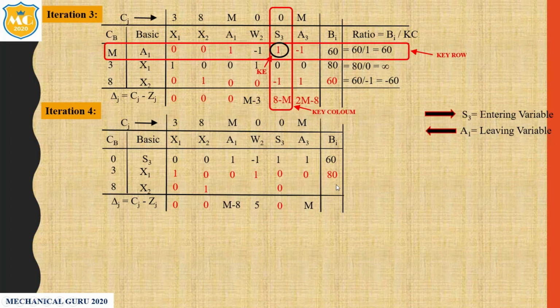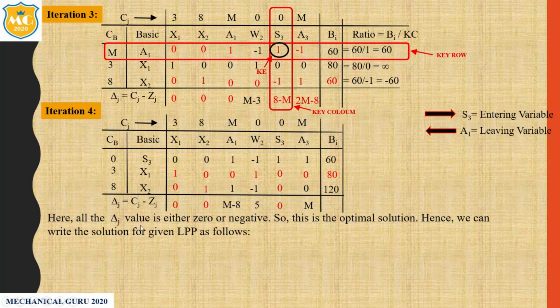So next we have to find out this equation. So first we have to find out this value. So here 1 0 minus this into this divided by 1, so minus minus plus, so here plus 1. Next 0 minus this into this divided by 1, so minus minus plus, again minus 1, so here minus 1. Here again minus 1, so sorry, 0 1 minus minus 0 0. Here 60, old number, corresponding key row 60 into minus 1 divided by 1. So here we get the 120.